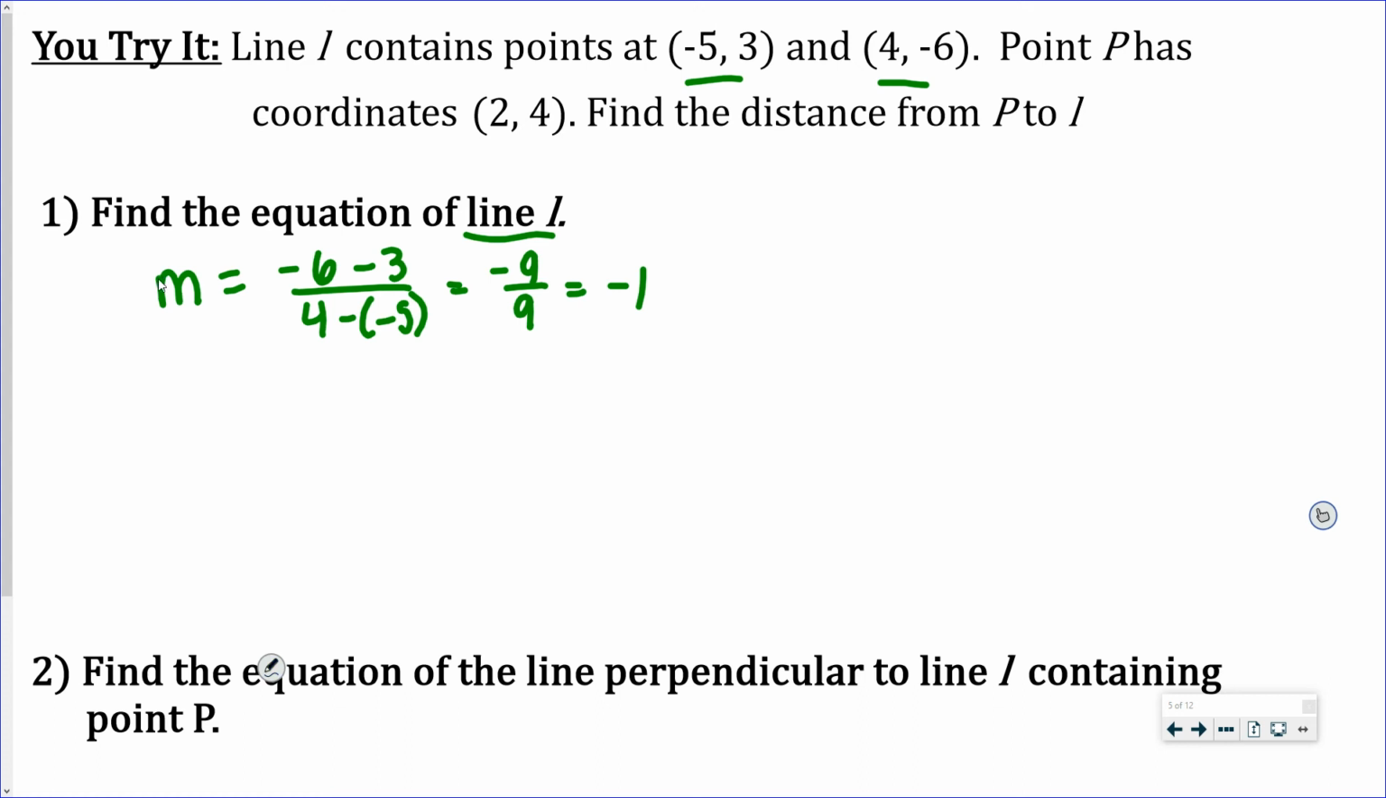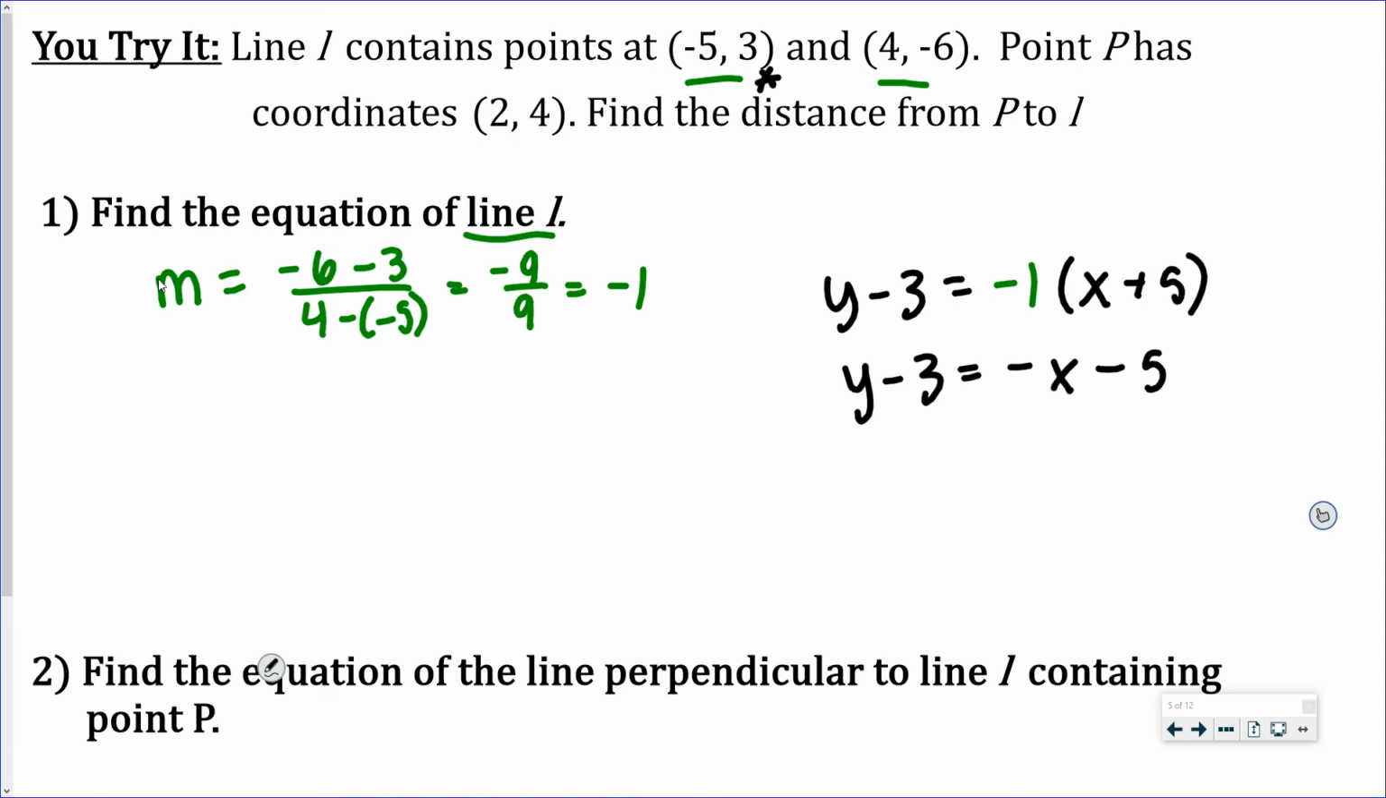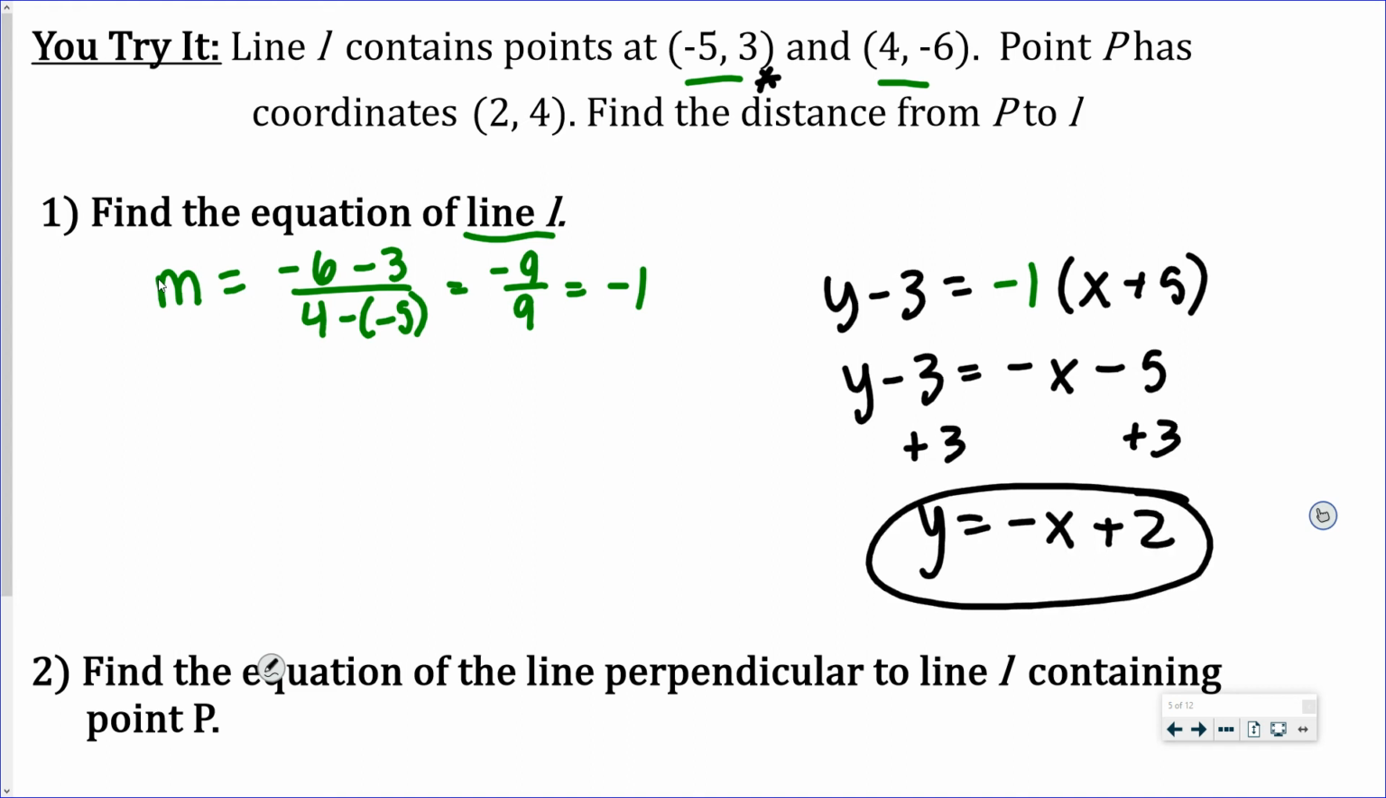This. Y minus y1. Let me do this point. Whoa. All right, so you got negative x plus 2. You distributed and did your math correctly